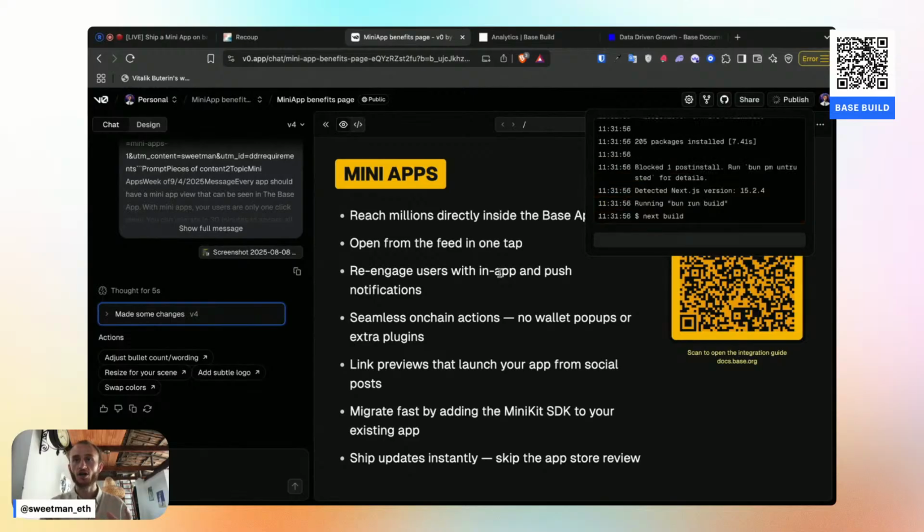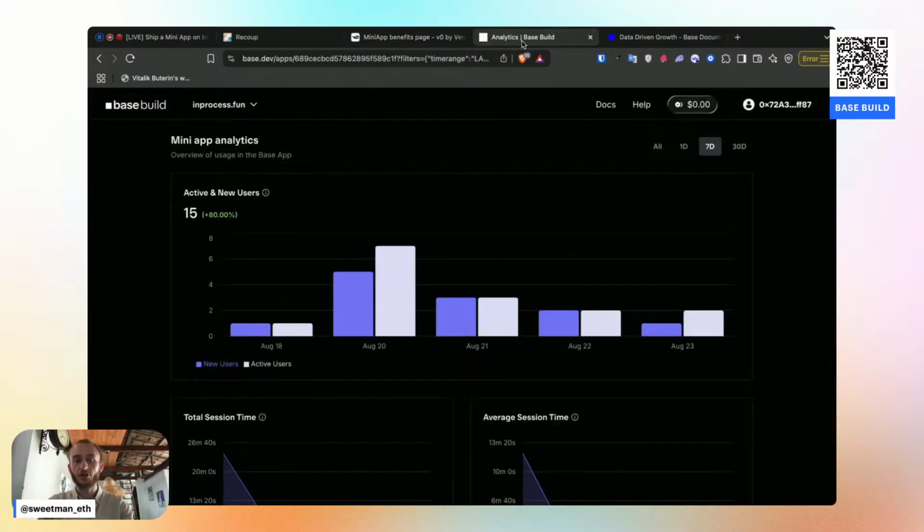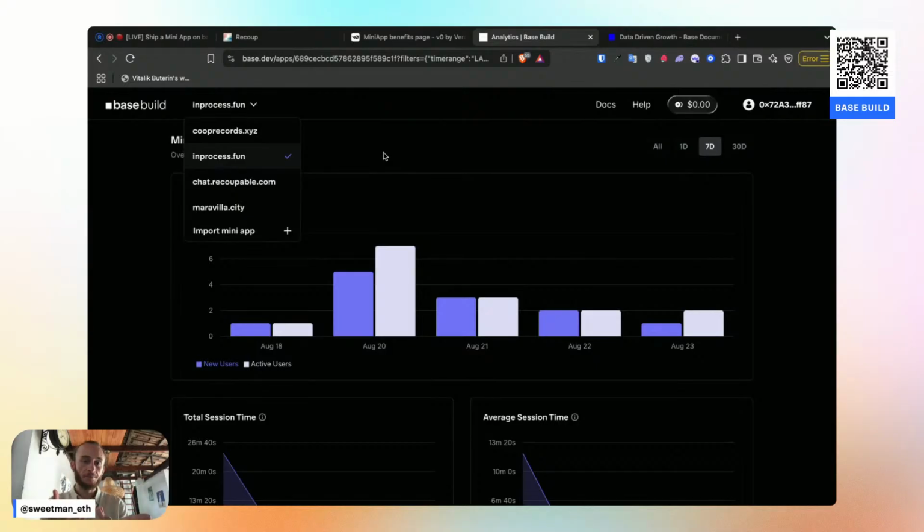Mini apps are, you can take an existing app or you can vibe code an app. This is a vibe coded app right now. And now what we're going to do is add a new mini app into the base.dev, into the Base Build dashboard. That way I can show you exactly how to go from 0 to a mini app that is included inside of the Base Build dashboard so that you can start getting analytics, getting paid, and improving your distribution inside of